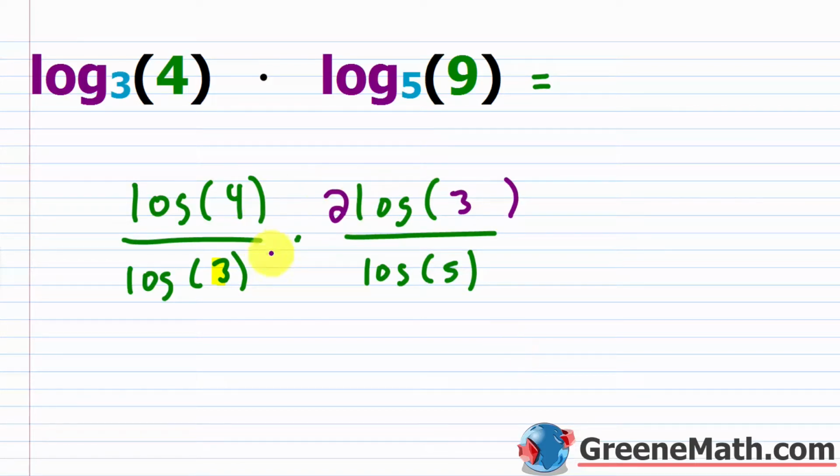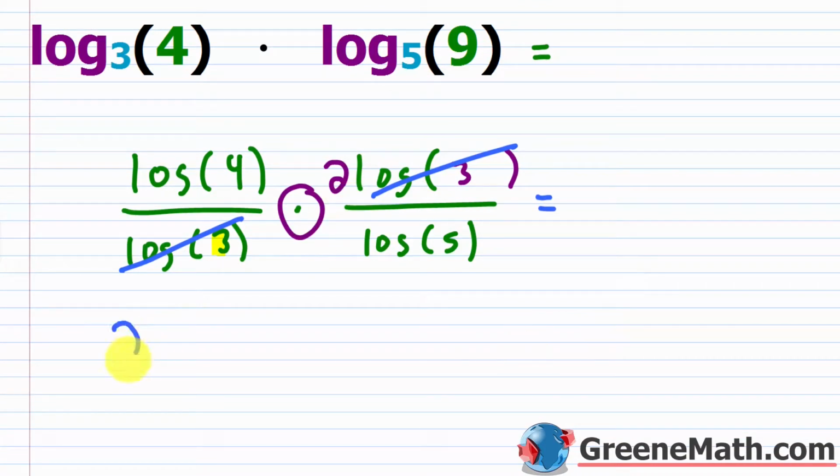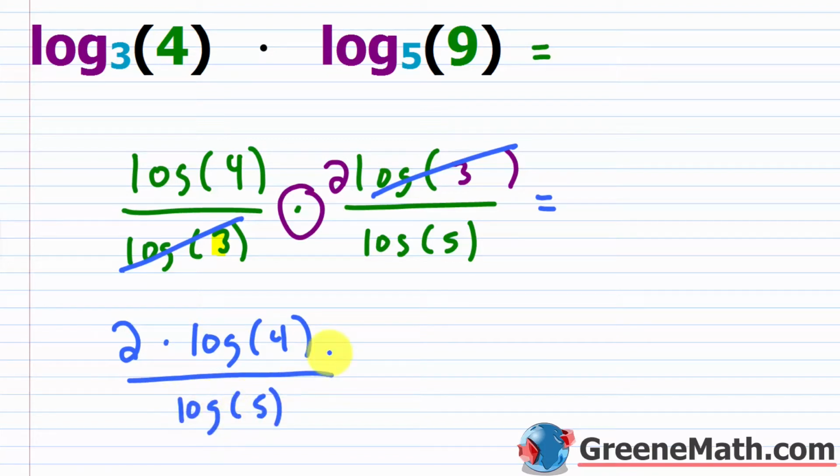Now, you see that this is just multiplication involved here. So there's nothing stopping me from canceling this with this because those are common factors. Log of 3 over log of 3 is the same non-zero number. So you can cancel those, okay, and the result will be 1. So you're meant to show that this will be simplified to basically 2 times log of 4 over log of 5. And sometimes these will work out perfectly to be a rational number, but in this case, it's not going to be, so we'd still have to type this into a calculator, and we would get approximately